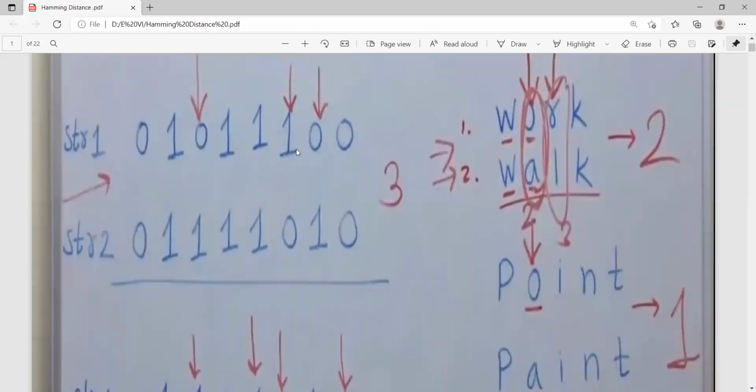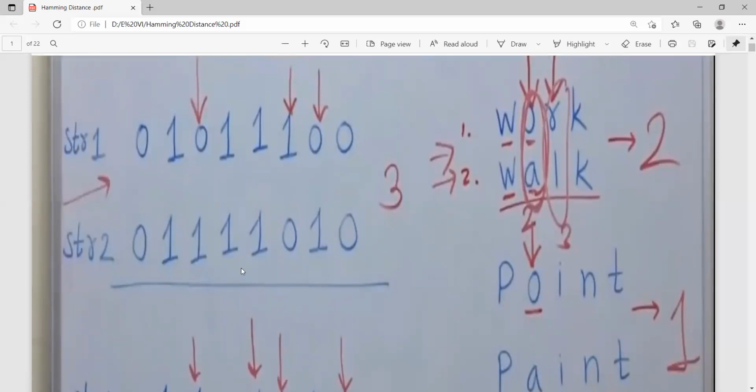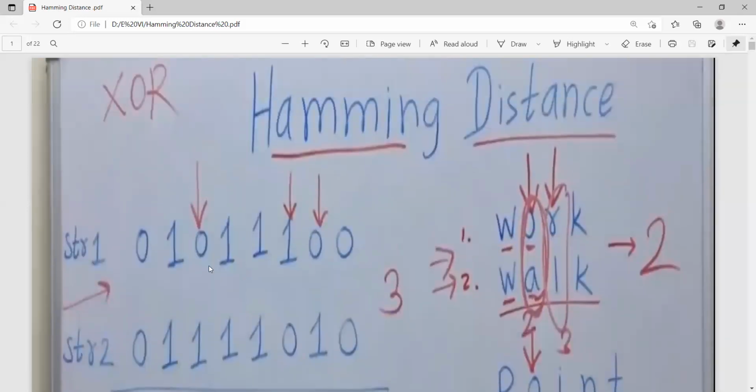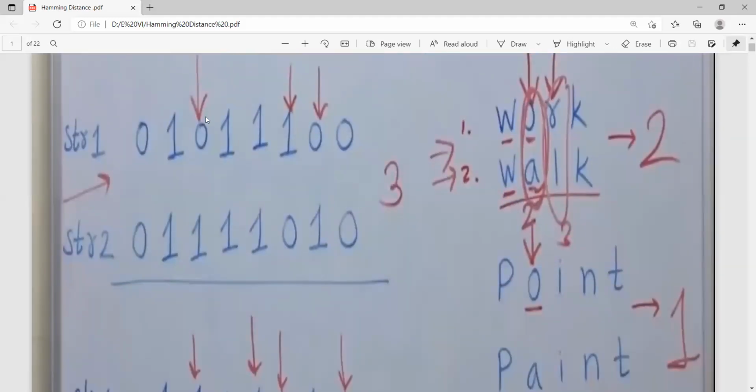Normally, for any data, if you want to find out the errors, you can perform the exclusive OR operation, XOR, between each and every bit. In the exclusive OR operation, if unequal inputs are applied, the output is 1. Equal inputs, output is 0. So if all are equal, there is no error in the data.